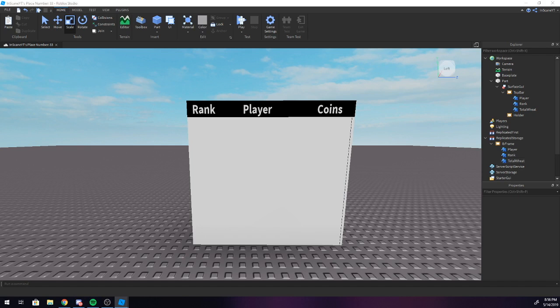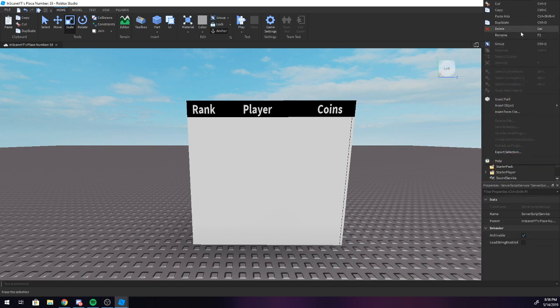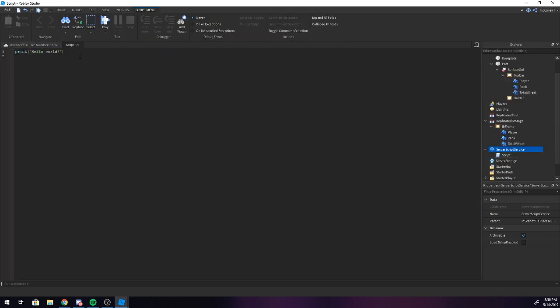Another thing that you're going to need to do for this to work in general is come down to ServerScriptService, and you're also going to insert a script. If you guys want to wait, like I said, for the end of the video, you'll be getting a gift from me. But if you want to go ahead and go along, go ahead. So what we're going to do is type in